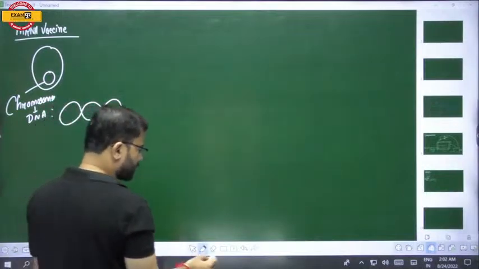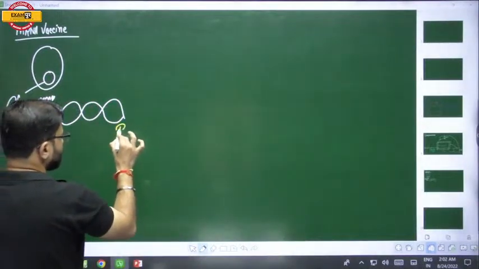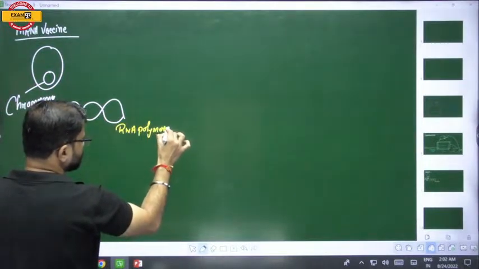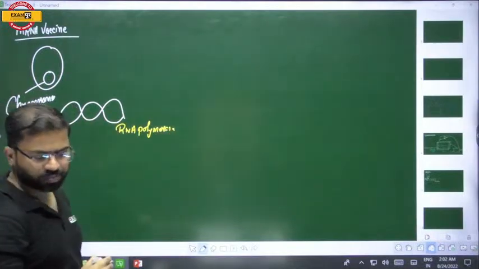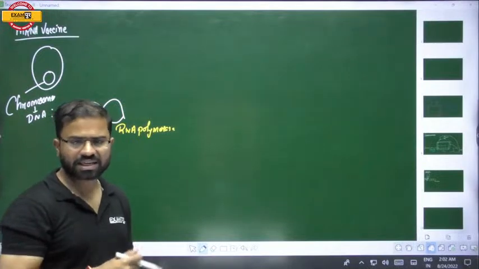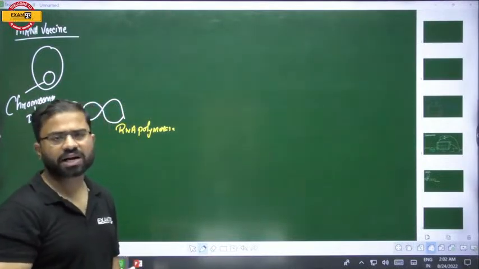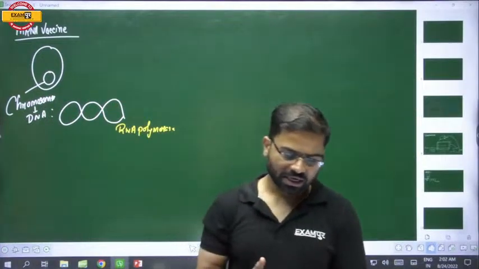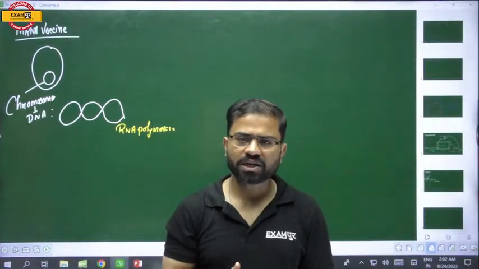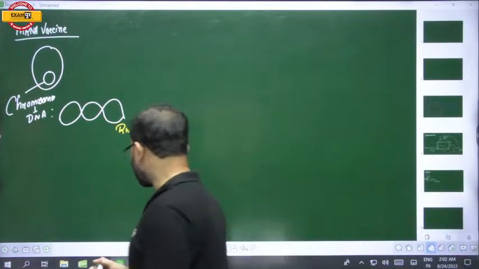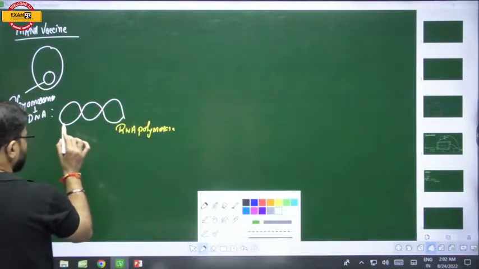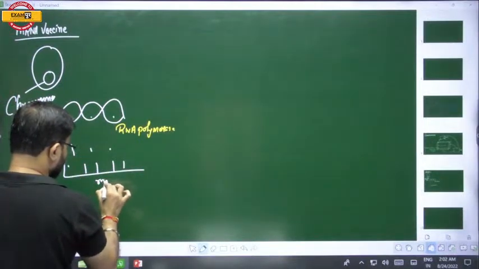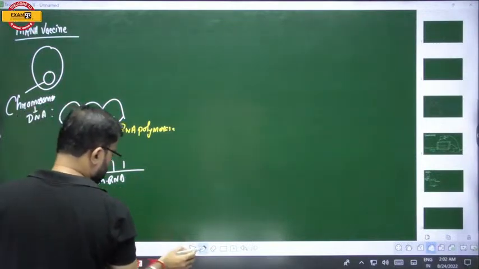Now what will happen? यहाँ पे क्या होता है? RNA polymerase enzyme is there. What is the function of RNA polymerase enzyme? Its function is to copy all the genetic information from the DNA and paste it into the messenger RNA. That means RNA polymerase uses your DNA as a template, ठीक है ना? The genetic information from the DNA is copied and finally pasted to the messenger RNA. Now this messenger RNA is prepared. This is your messenger RNA, and in more technical language we'll call it your transcriptome.